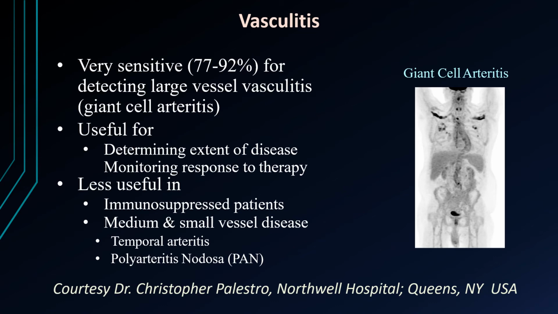It's less useful in patients who have medium to small vessel disease or who are immunosuppressed. So basically, patients who are newly diagnosed and have not had therapies for their vasculitis or for suspected vasculitis are easier to find. But the other advantage is once you've found it, they help you monitor and respond to